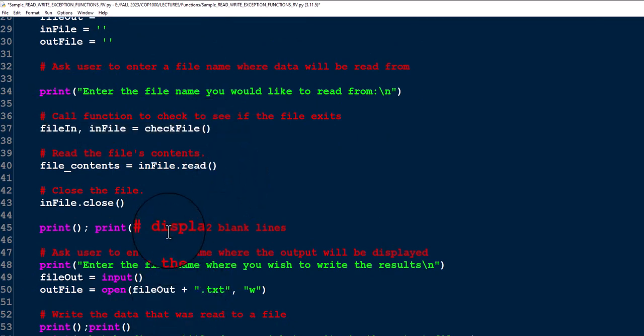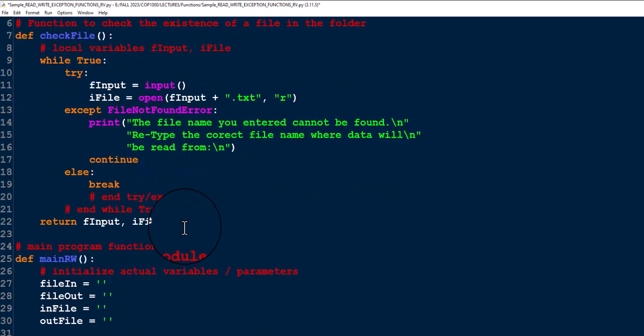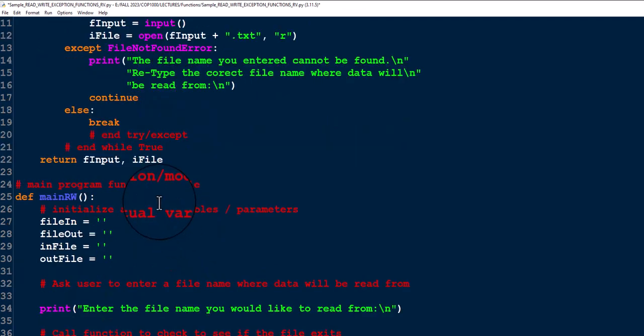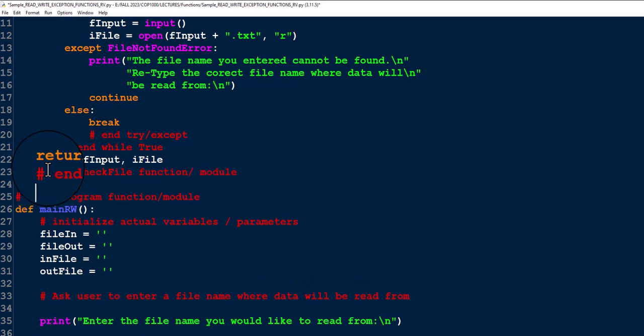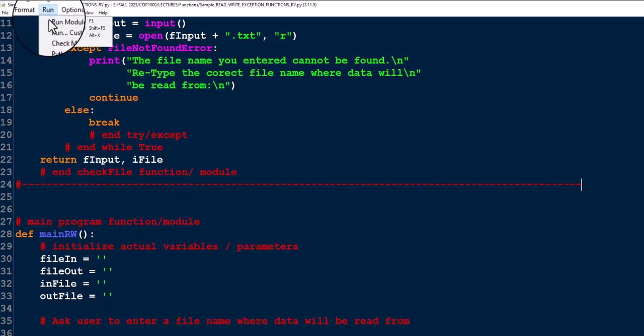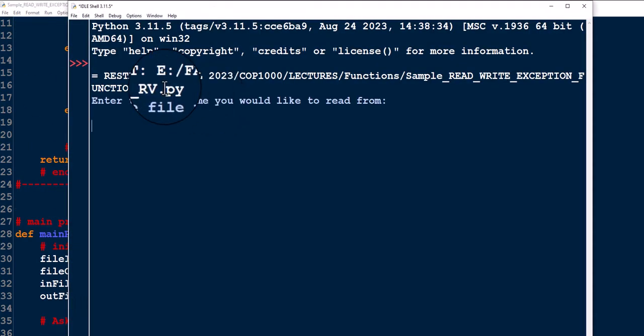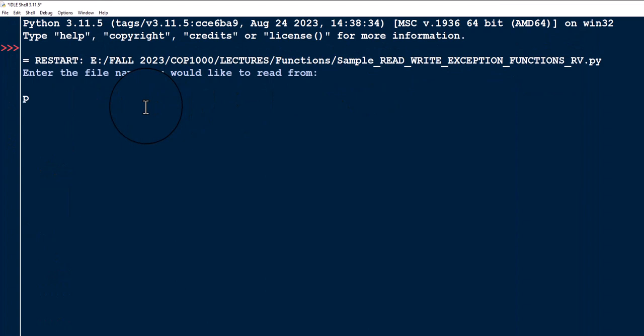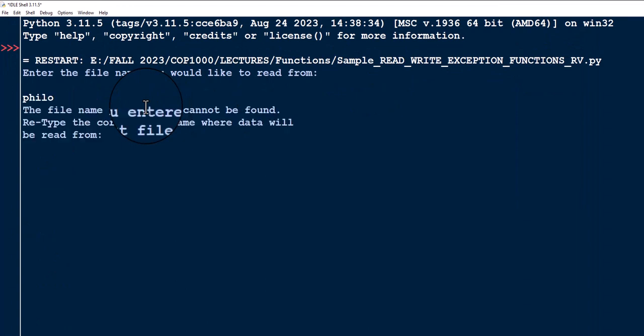Let's see if this program actually works, because this is the way it looks now. Here's the check file function. And just before we do that, let's say in check file function module. So let's see if this program works. Enter the file where you would like to read from. I will say philo. That file doesn't exist, so we know that works. So we'll type in